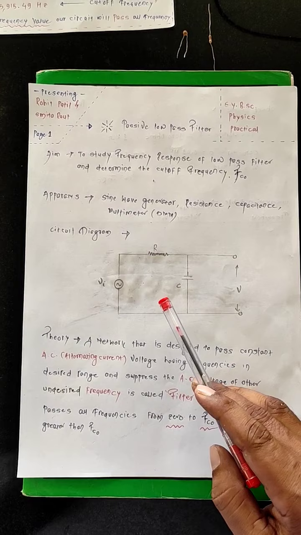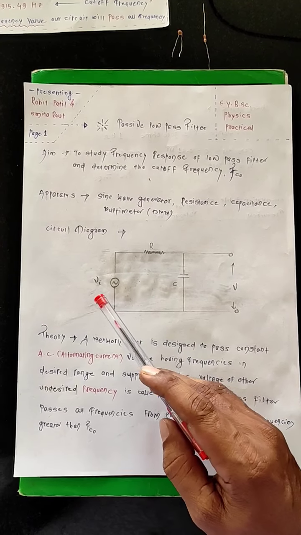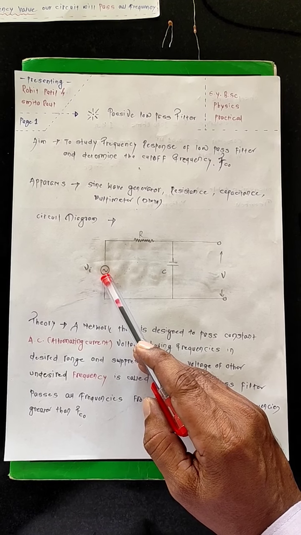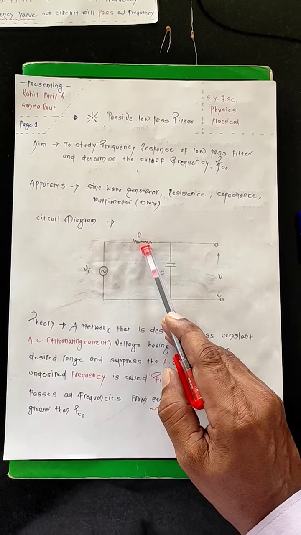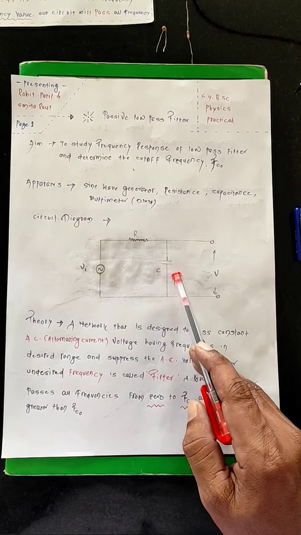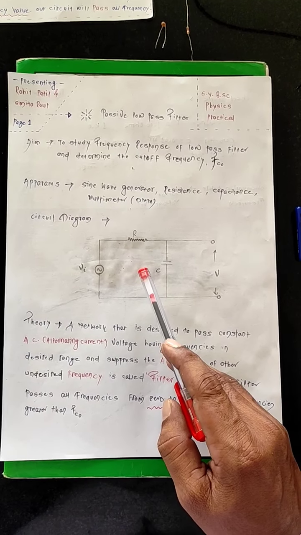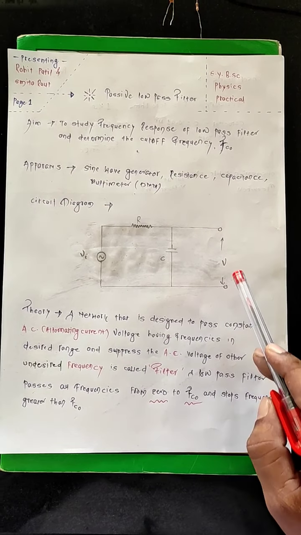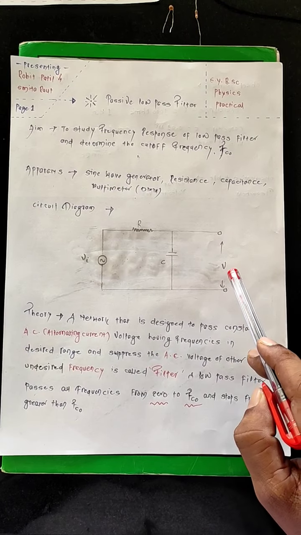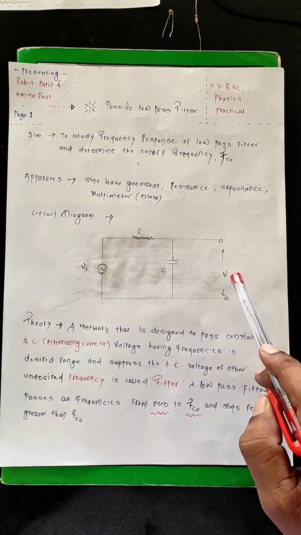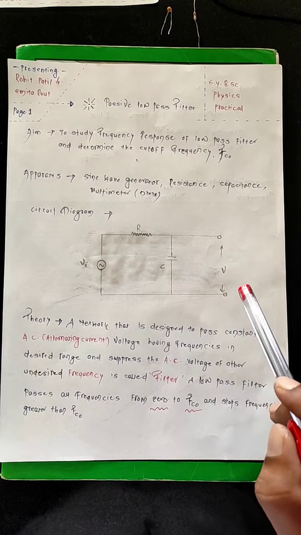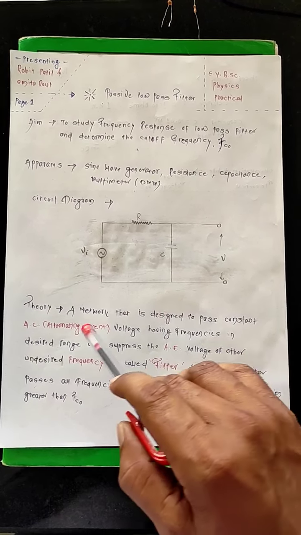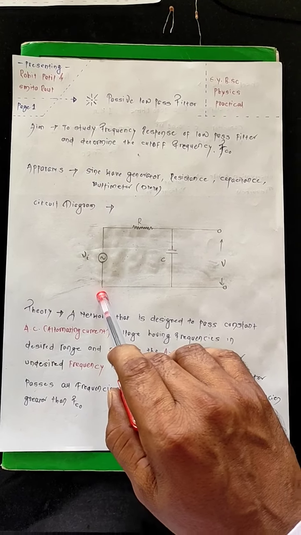So let's start with the circuit diagram. The circuit diagram consists of our signal generator that we are going to put in here, this is our resistor, then this is our capacitor. So we are going to connect this network together, and in this network we are going to check the output across the capacitor, right? So this output is going to be V0, and this V0 will help us understand the output voltage across the capacitor in response to the input voltage given at the signal generator.